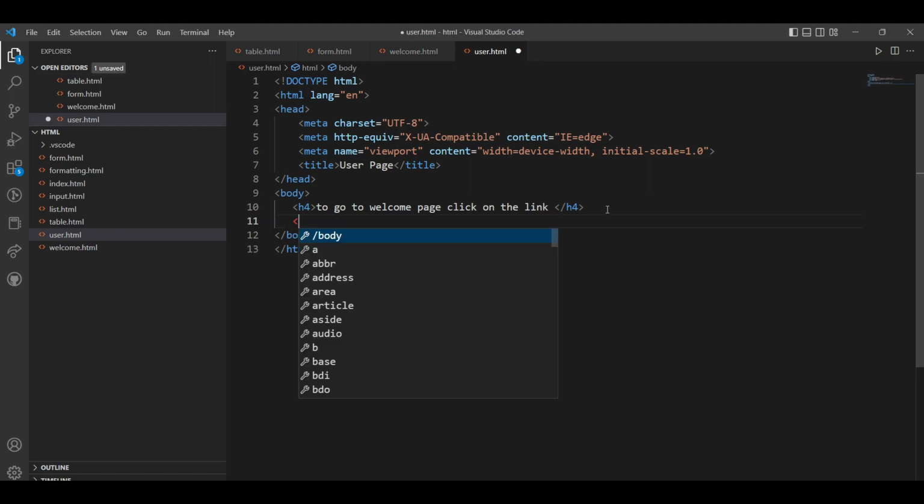In the anchor tag you can simply write a, and after that we need the href attribute, where we specify which page we want to show. So in href we simply write where we want to move to this particular page. So simply write